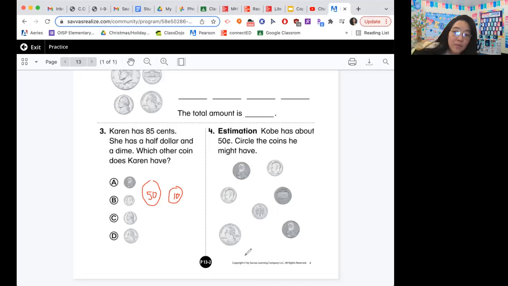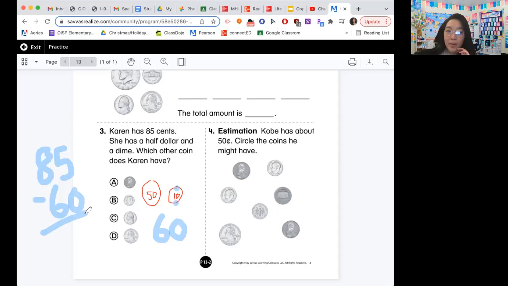So we know that 50 would be 50. And then a dime would be 5, 10. So 50 plus 10 would get us to 60. We need to get to 85. So this one is going to require a little bit of subtraction. We're going to need to subtract 85 minus 60. So that's one way you can do it. Another way that you can do it